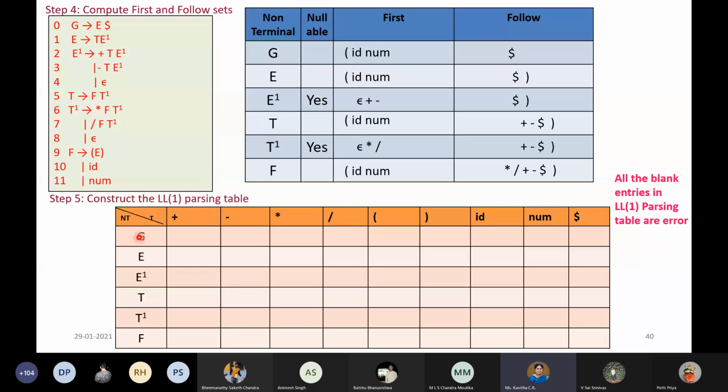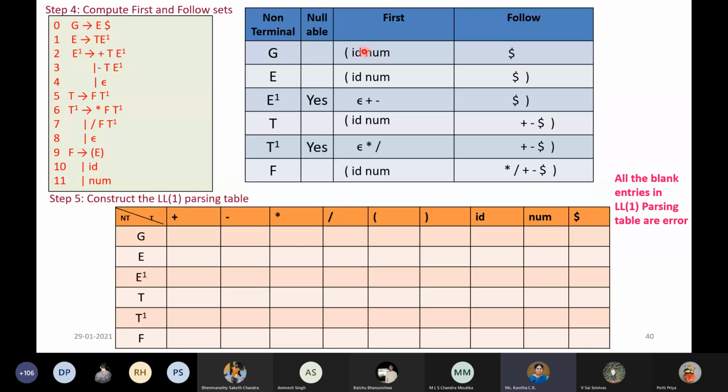Now, for making entries into the first row, which has G as the non-terminal, I have to see all the terminal symbols present in first of G. The other thing is, for G, what is the RHS? That is E followed by dollar. This is my rule, rule number 0.